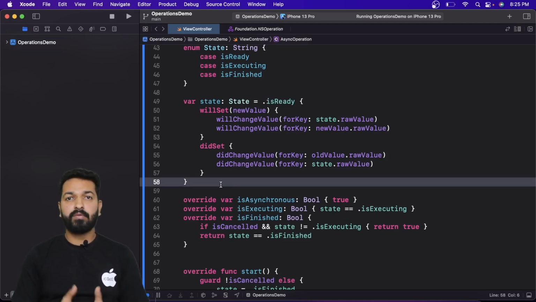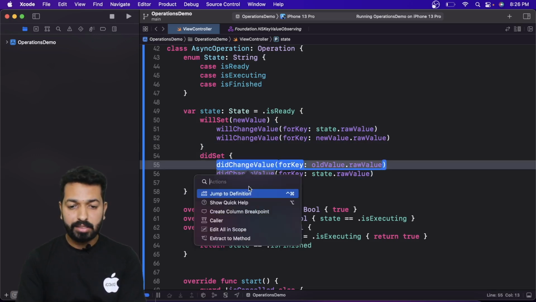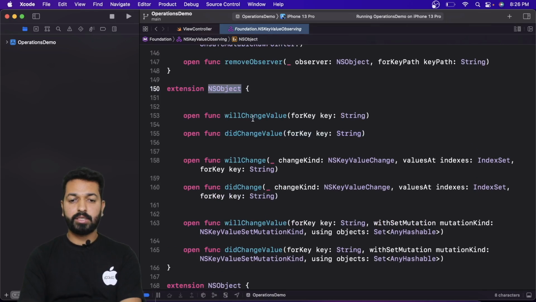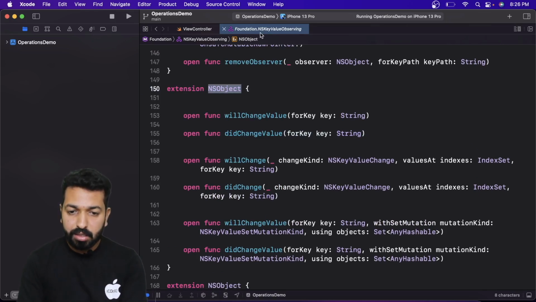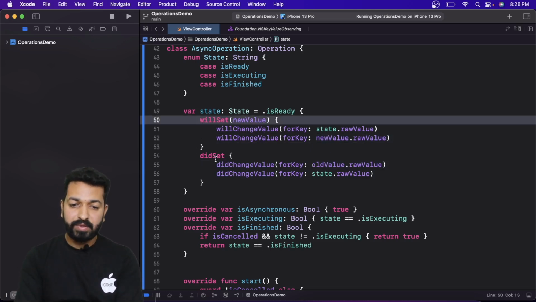I'll try to cover KVO in one of my videos. So here we are using willChangeValue and didChangeValue. These are the methods written in NSKeyValueCoding. If you see them, that declaration is in this class, that is the extension of NSObject, and that is Foundation.NSKeyValueObserving. So we are using these methods for informing that the state has changed, and then we are using the new value and the old value that we get through the willSet and the didSet